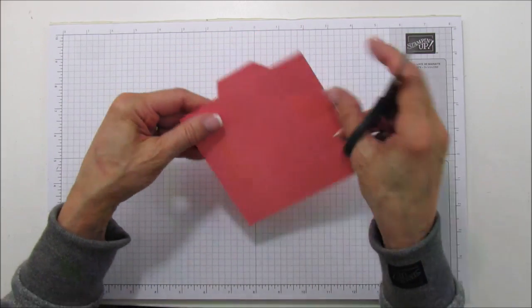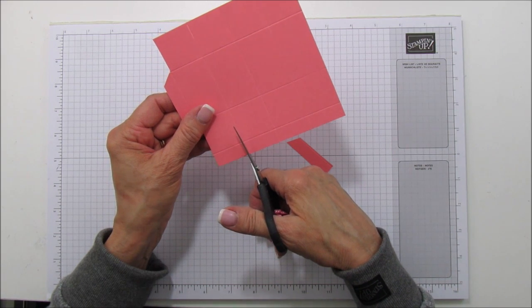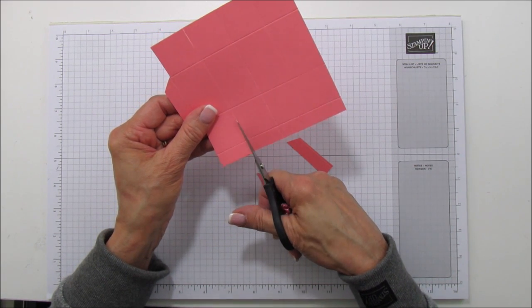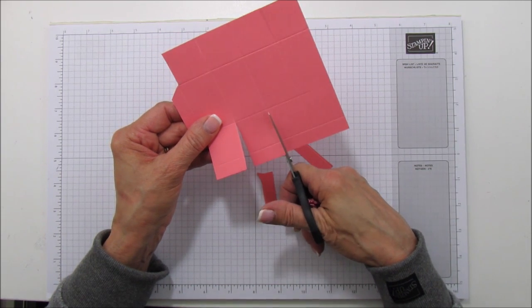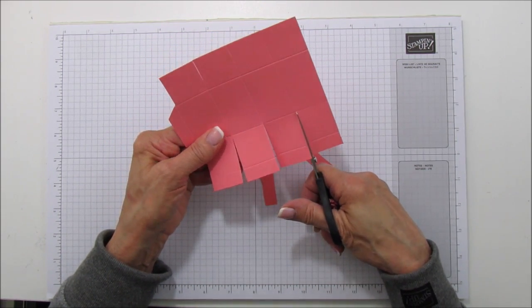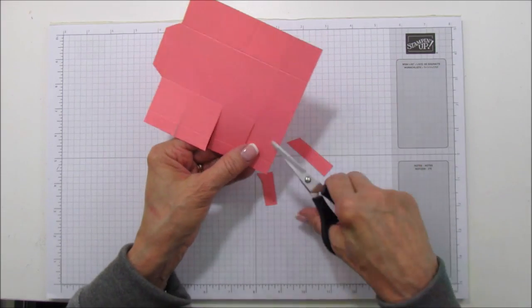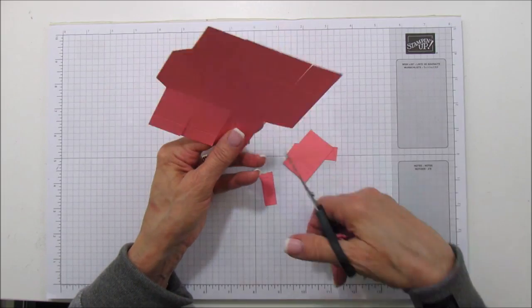And now for the top of the box, I'm cutting all the way down each one of these, and I want to give it some inside flaps. So this is the reason I'm doing it this way. So cut down each one of these. And then we can cut off this one here. And then you're going to cut